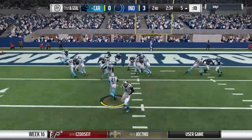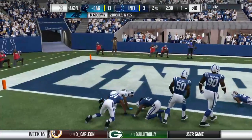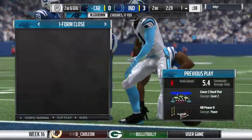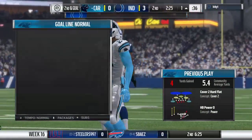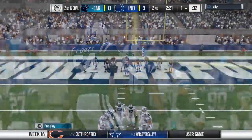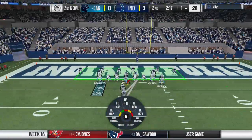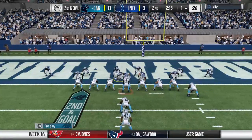First and goal from the 5. And they'll go with a ground attack here. And he's going to fight his way forward here for a modest gain. It'll be a pickup of 4, and it brings up second and goal. When we talk about being on schedule, I think they're on schedule after that run, getting it right down there on the doorstep. Maybe even a little bit ahead, because now the defense...